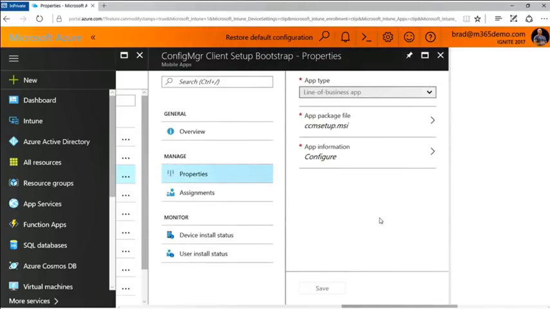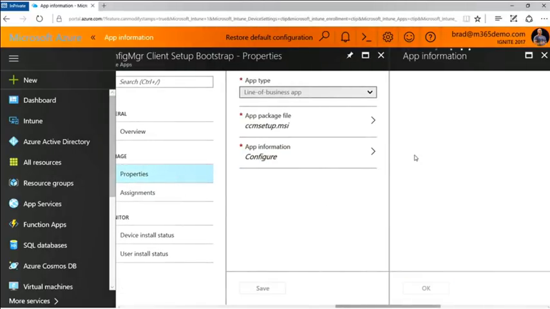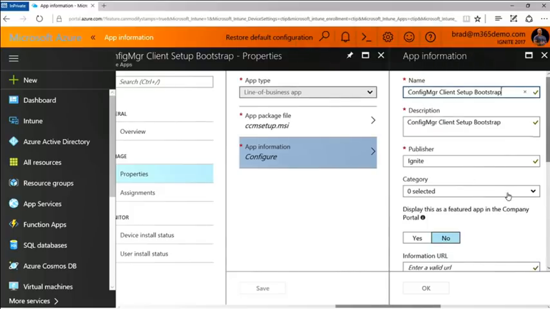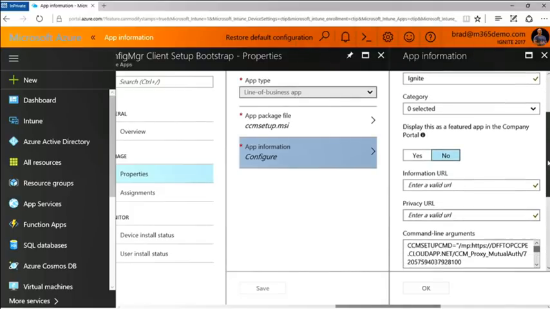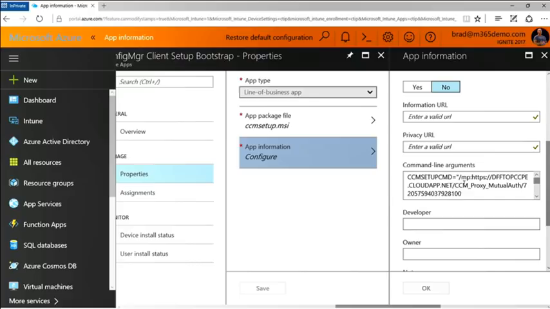And there was this command line that Mayan showed a little earlier when she was doing her co-management settings in the SCCM console. You basically copy and paste that in here. In the future, we'll make this even better, where you don't have to manually copy and paste that command line. But once you're done with those two steps, configure your Autopilot profile and then configure Intune to install the SCCM client on the box, all you have to do is go through the client experience